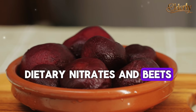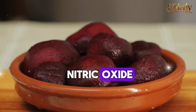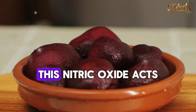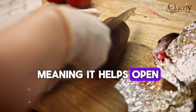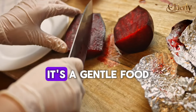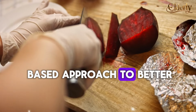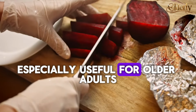From a scientific perspective, it's fascinating. Dietary nitrates in beets are efficiently absorbed and then transformed into nitric oxide in the body. This nitric oxide acts as a natural vasodilator, meaning it helps open up your blood vessels and reduces strain on the heart. It's a gentle, food-based approach to better blood flow and blood pressure management, especially useful for older adults